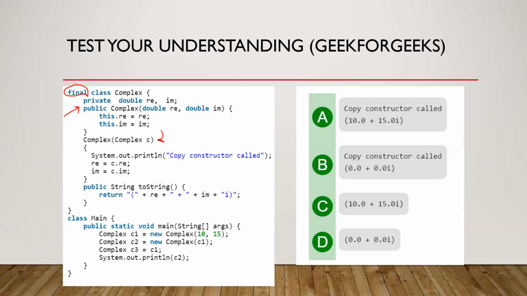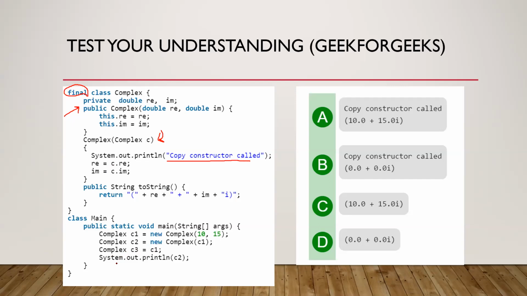So it will come to here, right? This constructor will be called, and as a result, the first thing that is going to happen is it is going to create this, right? And whatever value this complex number had will be assigned to this particular complex number. So basically C1 and C2 will have the same values for the real and imaginary parts, and then we are passing the reference of C1 to C3.